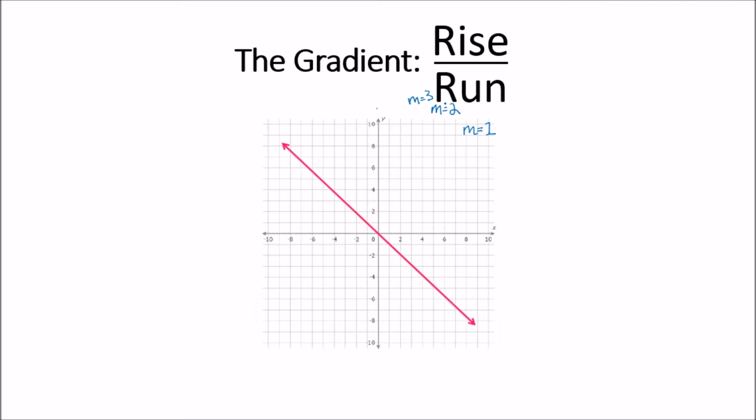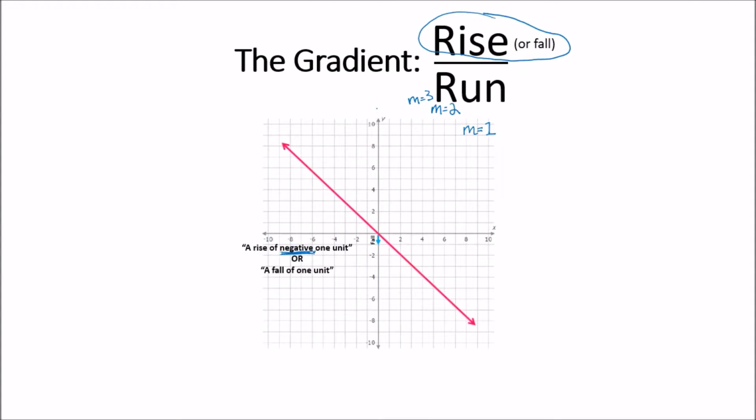What happens now if I tilt the line down? Now this is where it can get a little bit tricky, because if you have in your mind rise over run, now we're not really seeing a rise. But what I want you to think about is either a rise of negative 1 unit, or you can think of it as a fall of 1 unit. So if you want to think of it up here as a rise or fall, that's fine. Otherwise, a rise of negative